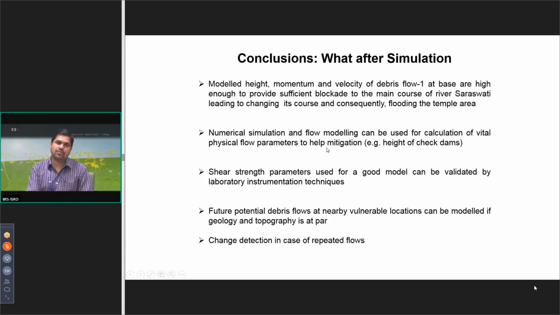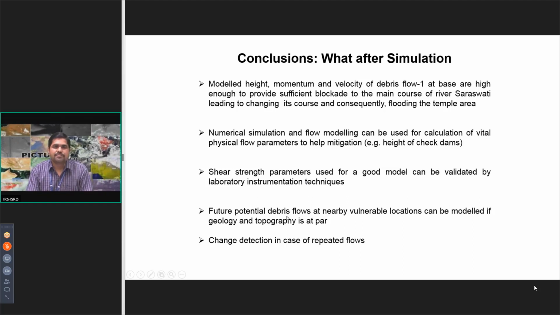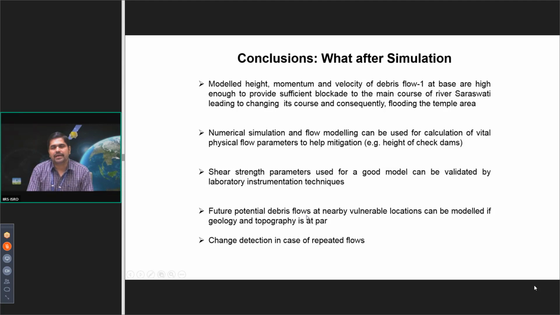The numerical simulation and flow modeling that we have done in the second part can be used critically for calculation of vital physical parameters that help in real-time mitigation. Now, the shear strength parameters, that is the mu and xi values that a good model has to be provided with, can be validated by laboratory instrumentation techniques. So that is the bit we can validate back. Future potential flows of a debris flow nearby to an already existing one can be modeled if my geology and topography,